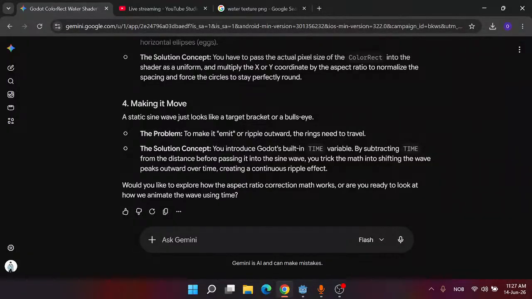By subtracting sine from the distance before passing it into the sine wave, you treat